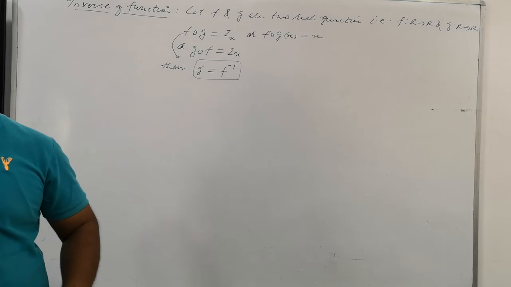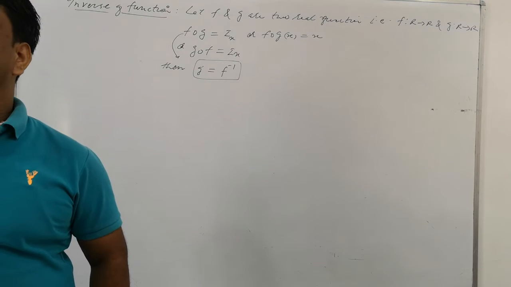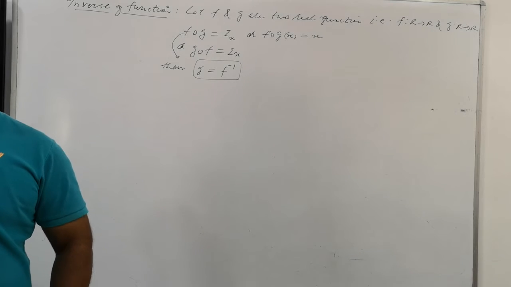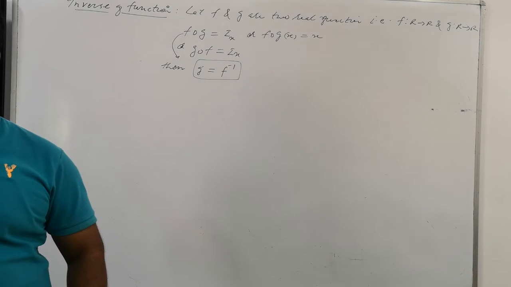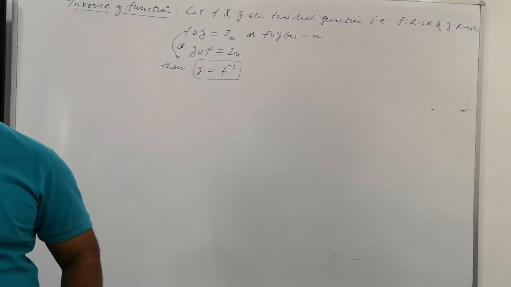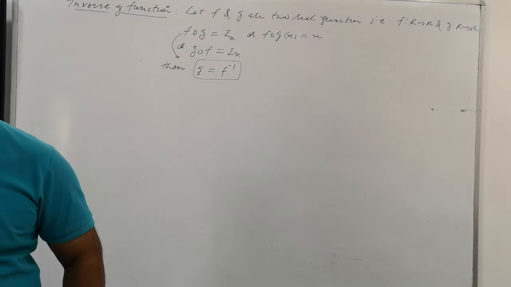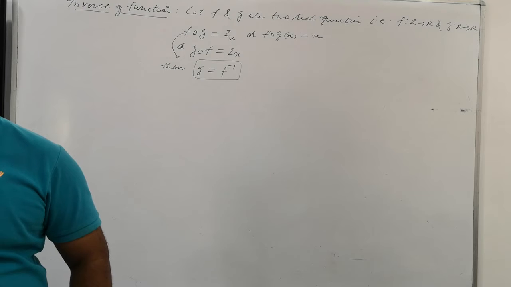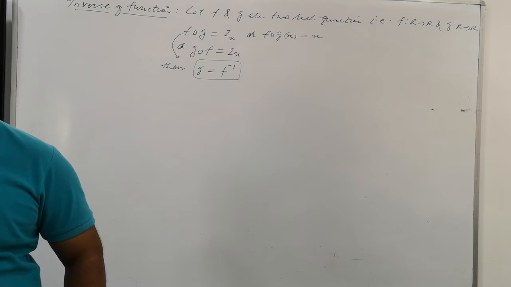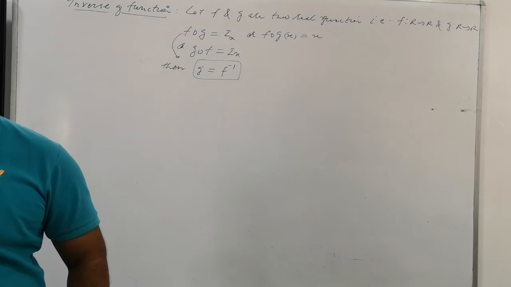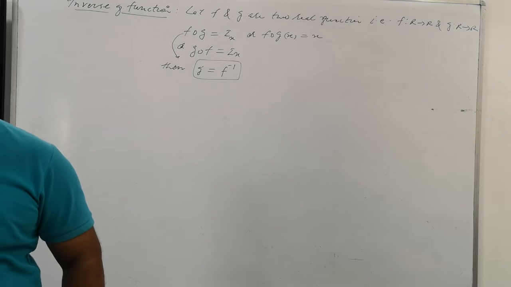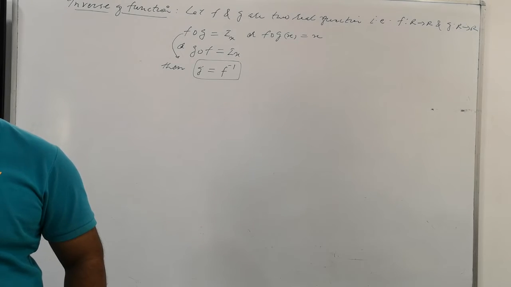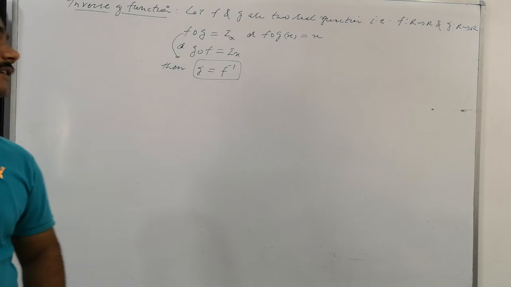What is the inverse of a function right now? If two functions are there, if one function we apply on x gives you y, and another function we apply on y gives you x, then if both functions are applied on x, the x will remain x. So that's called fog and gof is equal to Ix. I stands for identity, the name of the function we are giving. So fog of x is equal to x, gof of x is equal to x. So g is called the inverse function. Is that clear? Understood what is the meaning?